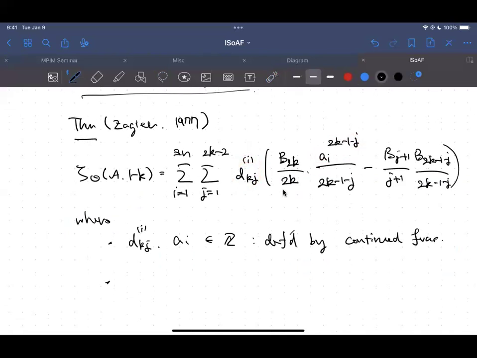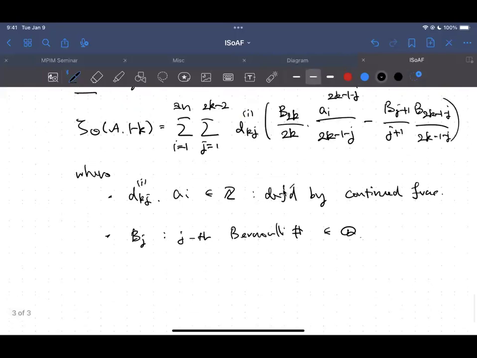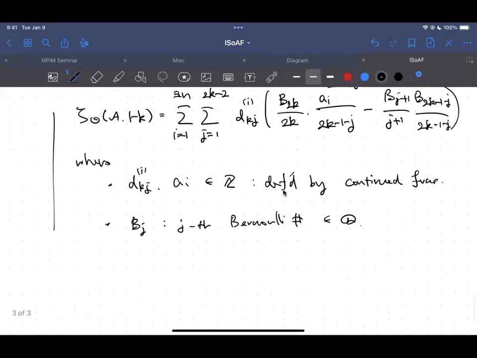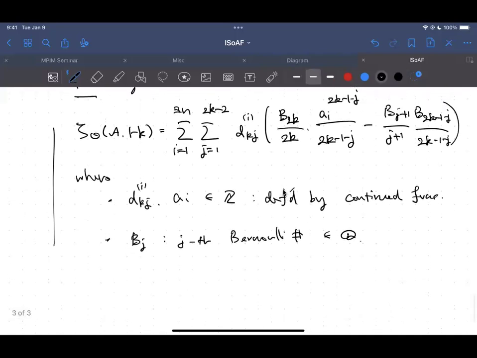And also this B_j is the jth Bernoulli number, which is a rational number. So this is the formula by Zagier, and this is a very nice formula because